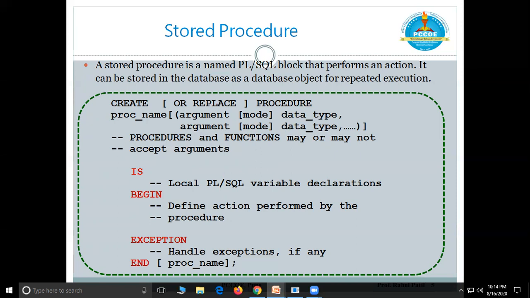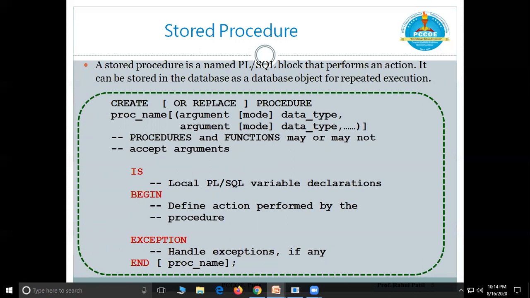If you write create or replace, then if a procedure with the same name is already available, it will replace the existing procedure which is stored in the machine. So for that purpose, you can write or replace. So the syntax is create or replace procedure, procedure name. You can pass certain arguments. It is optional again. Procedures and functions may have arguments or they may not.